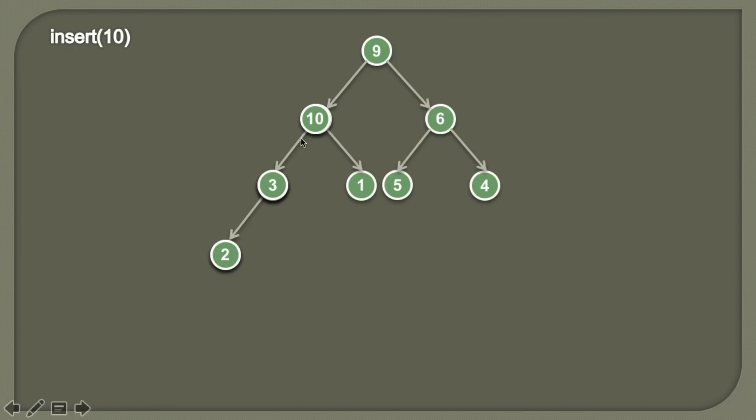Once we perform this swap, we again traverse to 10 and check whether it has any parent or not. It has a parent, so we compare the parent to its children. Here we simply compare 9 and 10. The value 9 is less than 10, so still the heap order property of this heap is not satisfied. So we perform a shift up and swap these two values.